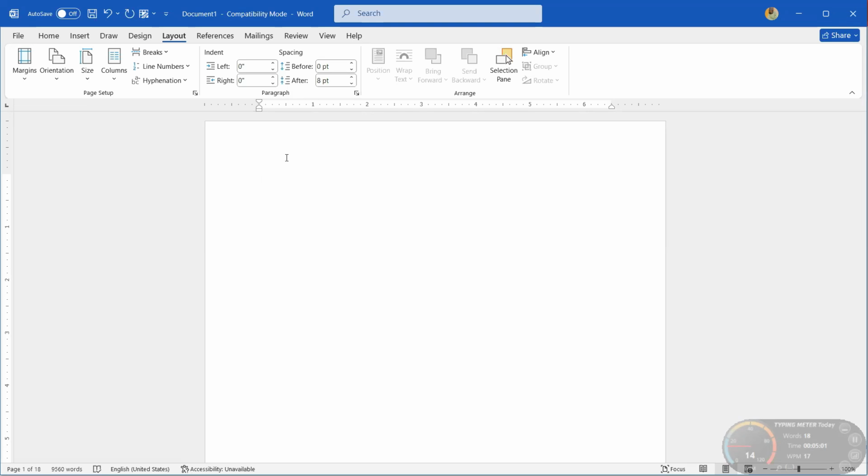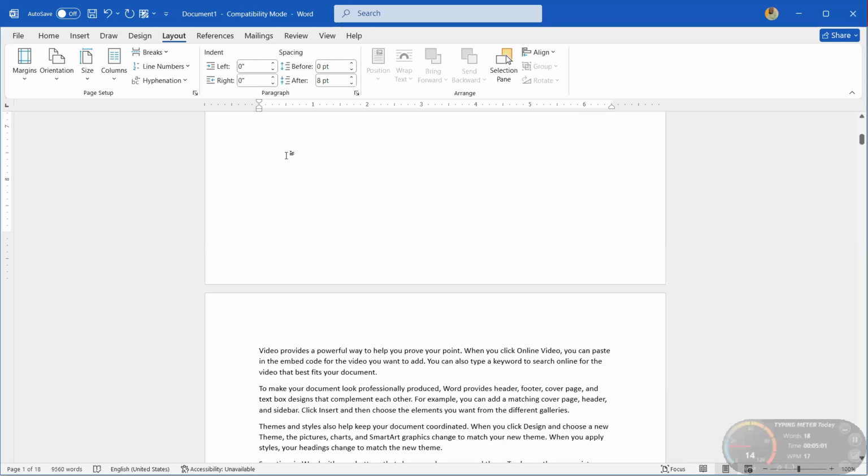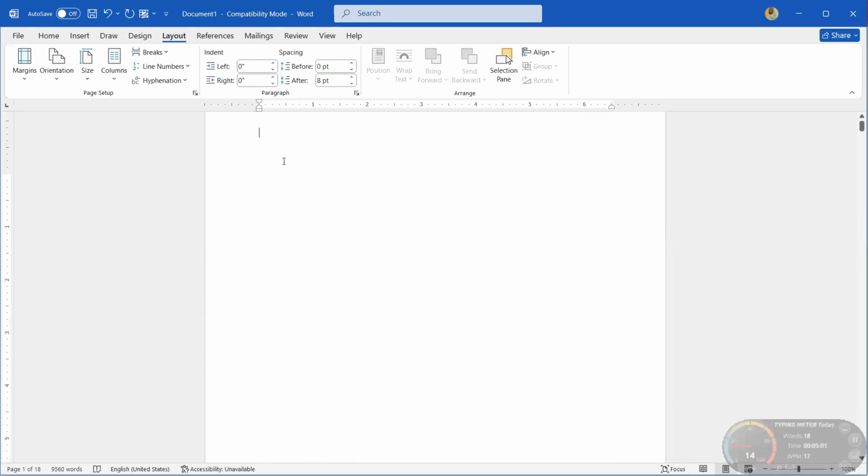All you have to do is come to layout, then go to breaks, then click on page. It will automatically create a new page for you. Please understand, it's not a new file, it is a new page. So this is how you create a new page. That's it for creating a new page. Then the next thing is